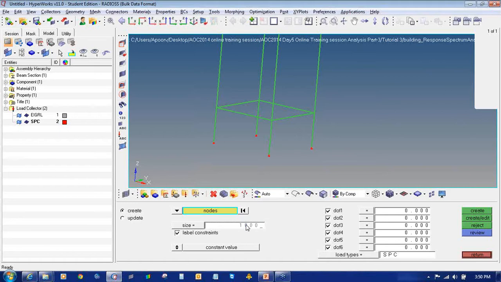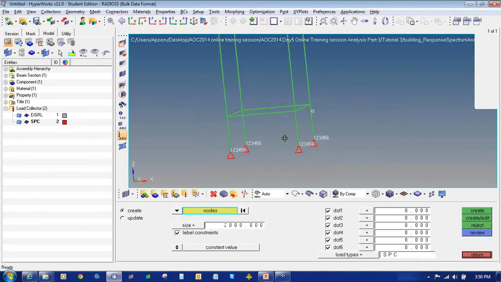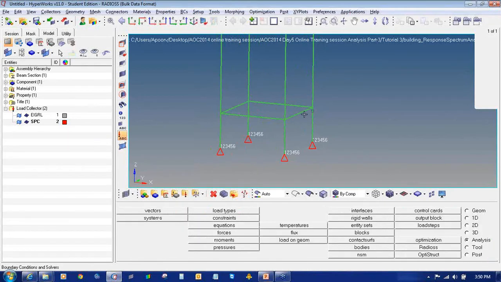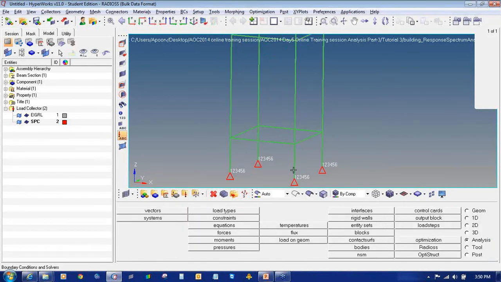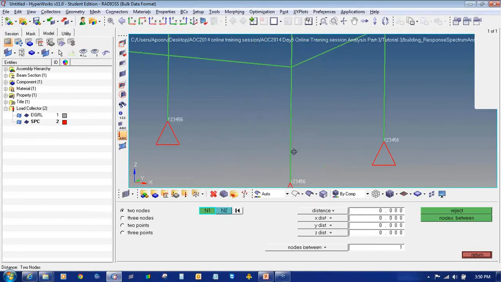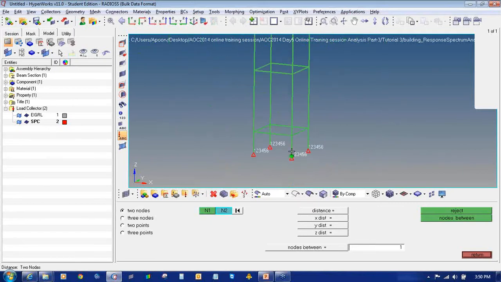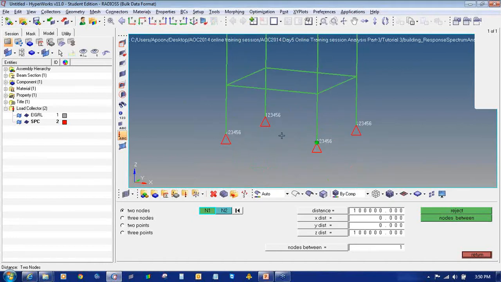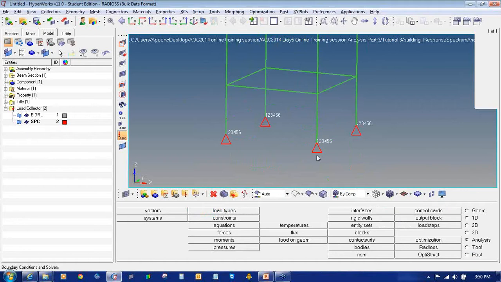If it's very small, you can increase the size of it. If you turn this on, you can see they are constrained at the bottom. Why is it very small? Because if we press F4 and check the distance, you can see the distance is very high. So if the model is very big, these representing triangles will be small by default.